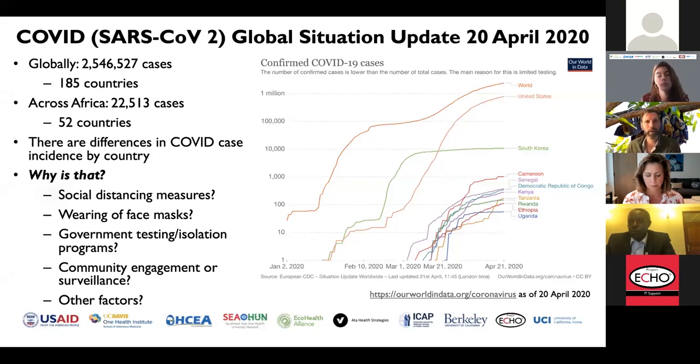And that's the point of today: to figure out what's working, what's maybe not, and how we can improve our control efforts. So is it the social distancing? Is it community strength and resilience? Is it the wearing of face masks, or differences in government testing and isolation of cases? Community engagement, community surveillance, as we talked about last time, or is it other things that we haven't even considered yet? So I'm very much looking forward to that discussion and learning from you what's working and what's not working